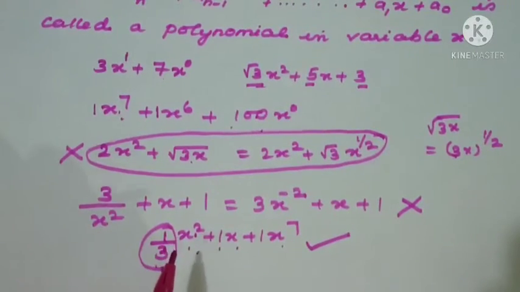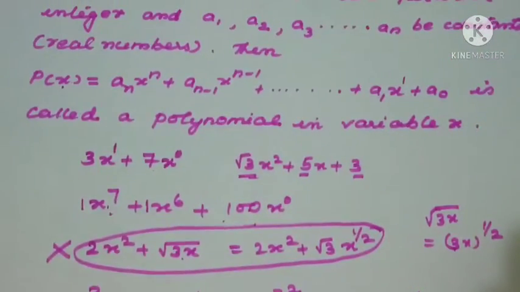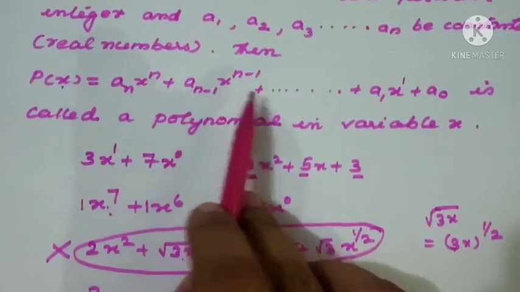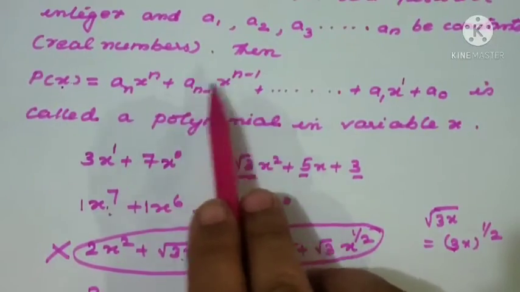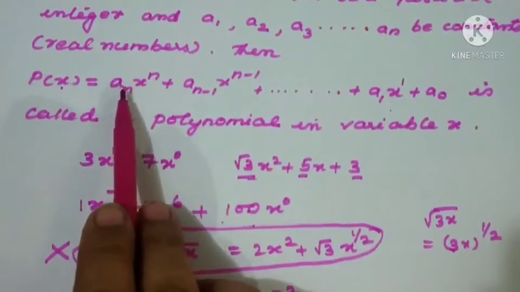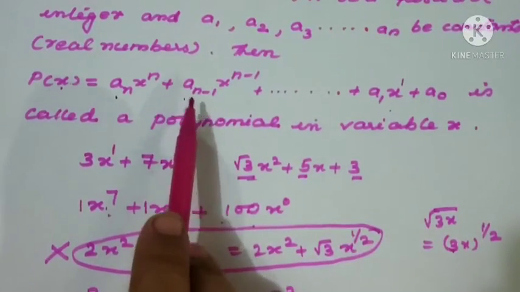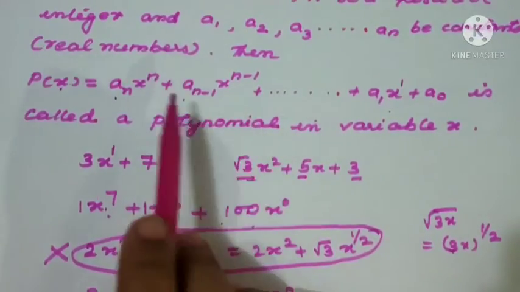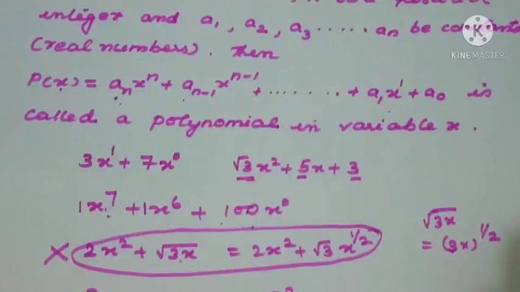I think you got the idea which is a polynomial and which is not a polynomial. While seeing the definition you may have difficulty, where the coefficient a n x raised to n, the words are very confusing. a n x raised to n plus a n minus 1 x raised to n minus 1 plus etcetera plus a1 x plus a naught. Here you can see that the powers of the x, whatever we have written, n, n minus 1, and so on, must all be positive values, and the coefficients of x raised to n, which is a n, of x raised to n minus 1, a n minus 1, these are all denoted by real numbers. So it can be a root, a fraction, a positive number, a negative number. This is only for the coefficient.